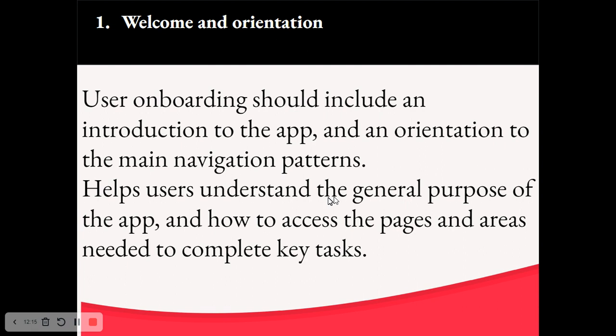Do they need to do that KYC? So you need to let them know how to navigate and use the platform. That is where the welcome and orientation comes in. It helps users understand the general purpose of the app and how to access the pages and areas needed to complete key tasks. So you need to let them know during the onboarding process that okay, this is where